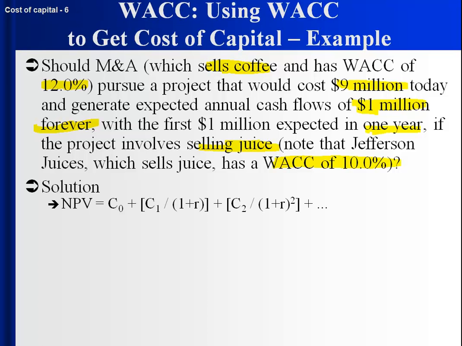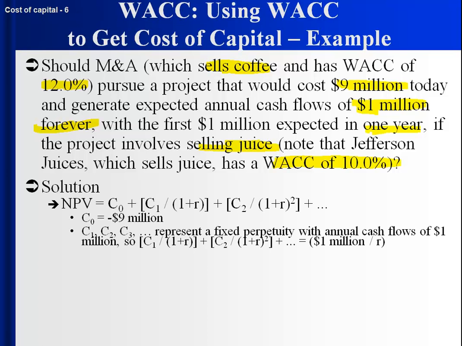Well, we know the expected cash flows in this case. We know we're going to put in 9 and then get 1 million forever and ever and ever. So the present value of that is 1 million over the appropriate cost of capital. In this case, it looks like we've got two numbers that might be relevant. We've got M&A, the company doing the project, which has a weighted average cost of capital of 12%, and Jefferson Juices, which has a weighted average cost of capital of 10%. But the 12% reflects selling coffee. The 10% reflects selling juice, and that's what this project is. So 10%